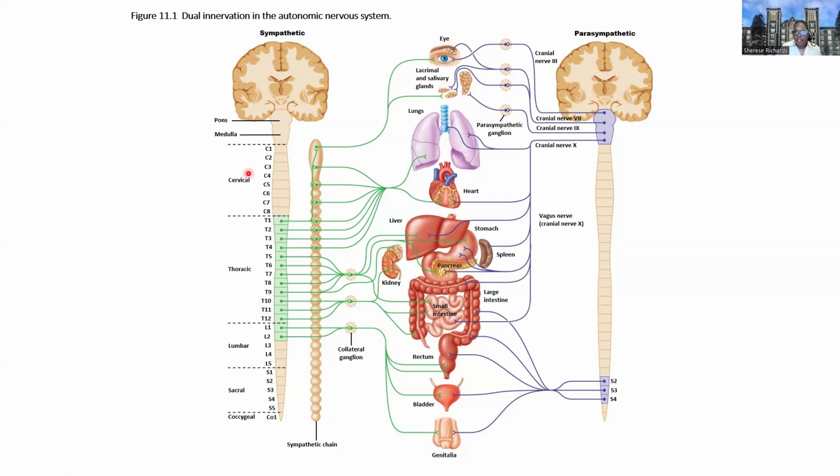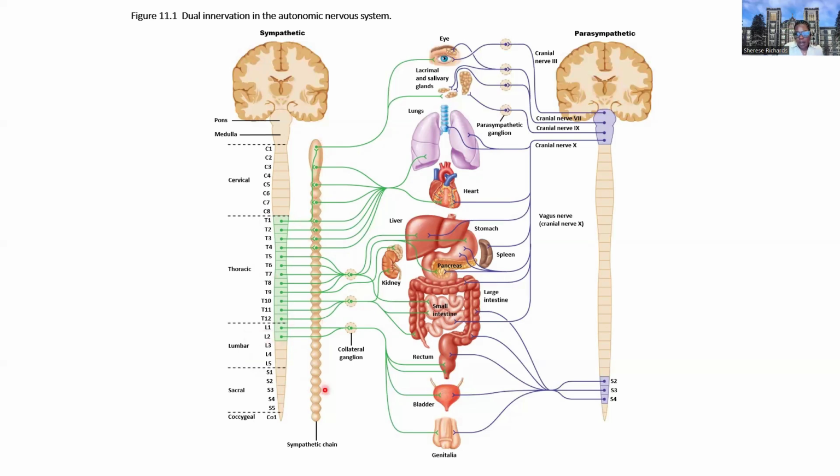So the influence coming from the sympathetic system arises at a different spot in the spinal cord than the parasympathetic. So for the sympathetic, those fibers arise from T1 to L2. So in our spinal cord, we have several spinal nerves that are exiting, right? One at each level. And so the spinal nerves exiting at level T1, thoracic 1, to lumbar 2, those are carrying sympathetic signals on these fibers.